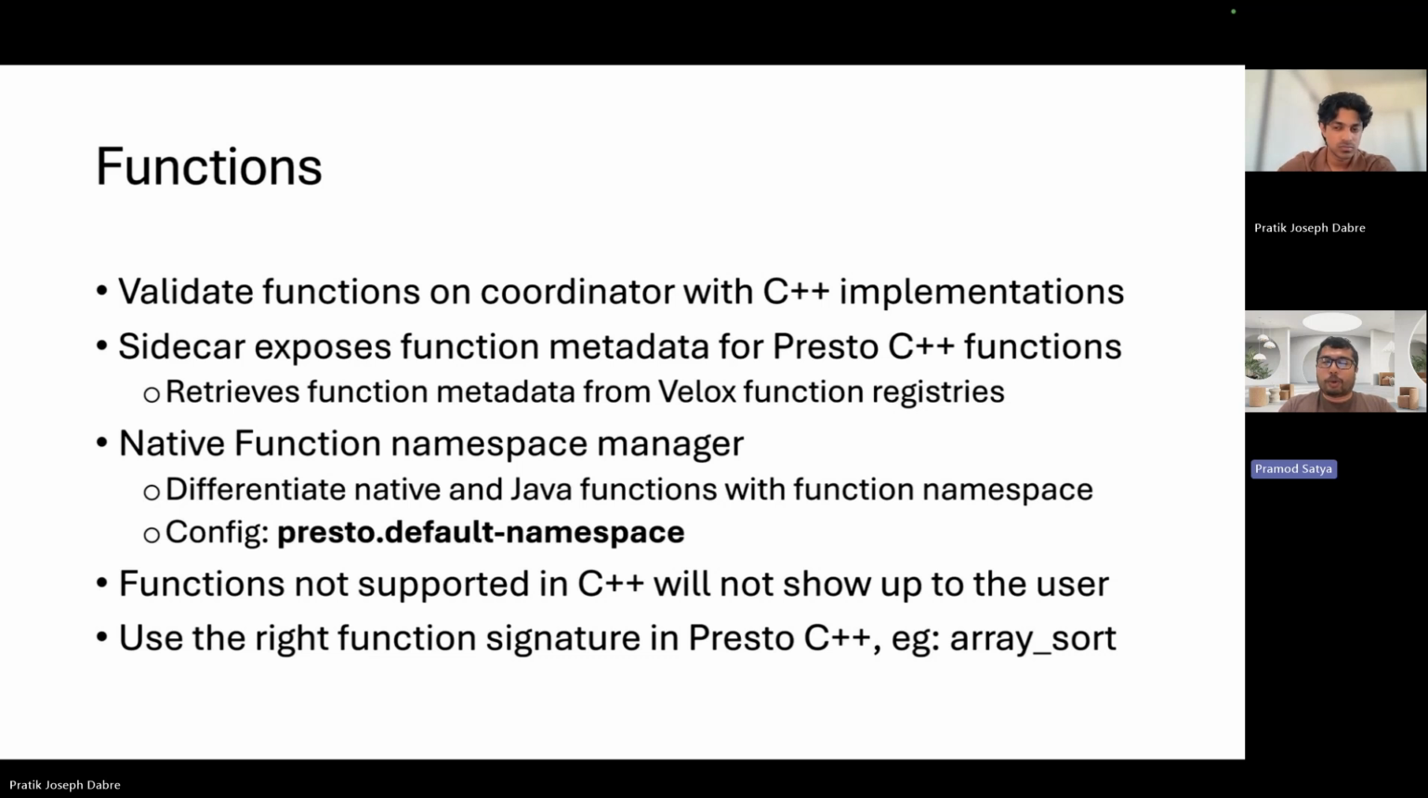So in Presto, all functions reside in a function namespace, and we use a function namespace manager to add and retrieve different functions from a given namespace. A function namespace is just like a prefix for functions, and it's of the format catalog.schema. So the native function namespace manager is just a new function namespace manager that we have introduced for Presto C++